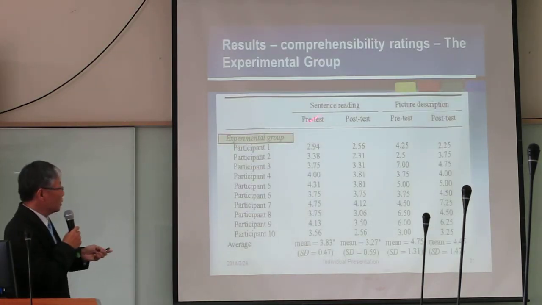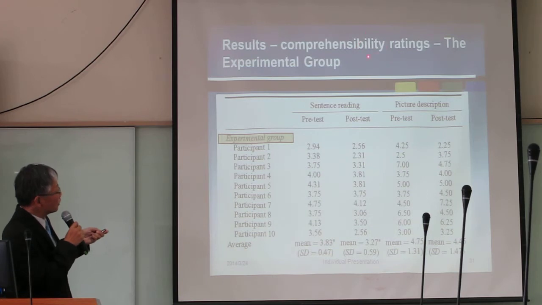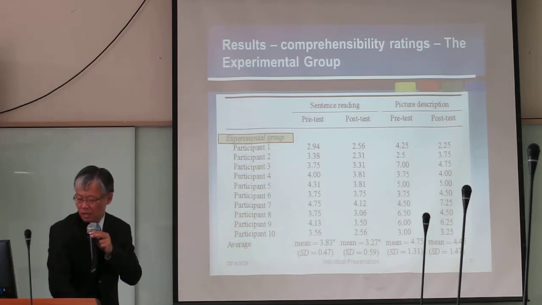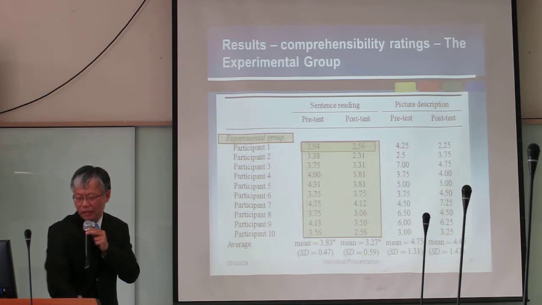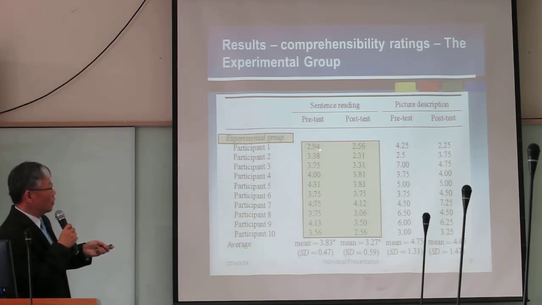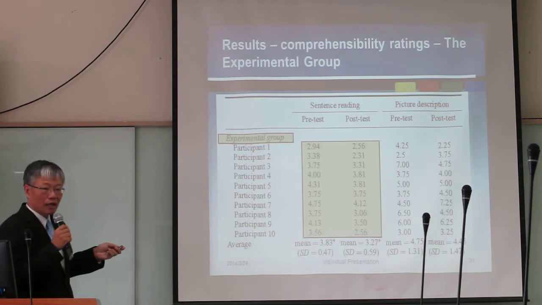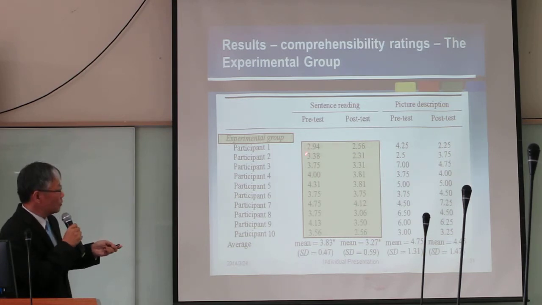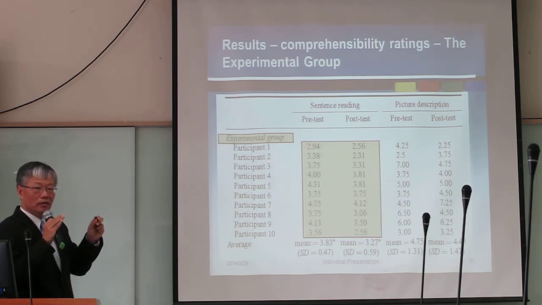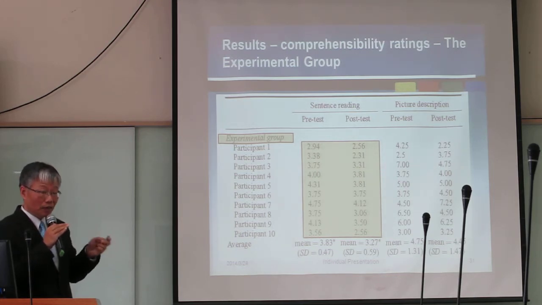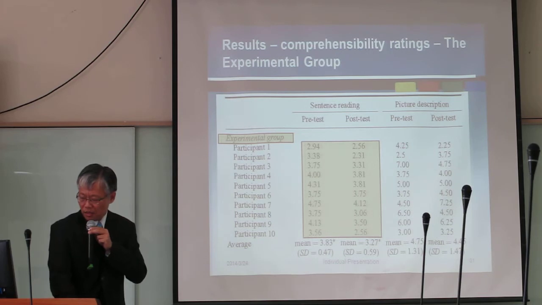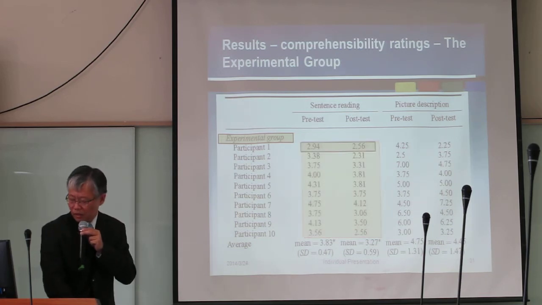In the table, the 10 participants in the experimental group can get quite good results in comprehensibility ratings. They all make improvement. I forgot to mention that the lower the mark, the better. How come? Because